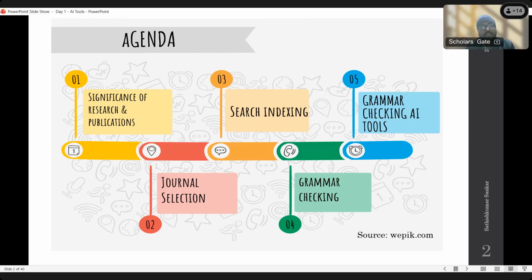We must safeguard ourselves, because there are various cloned journals. Cloned predatory journals have a similar website and name, everything is similar, but it is a predatory journal. How can we find that out? I will discuss that today and give a demo also. If time permits, I will complete the grammar checking AI tool. If it is not possible, tomorrow I will start from here.